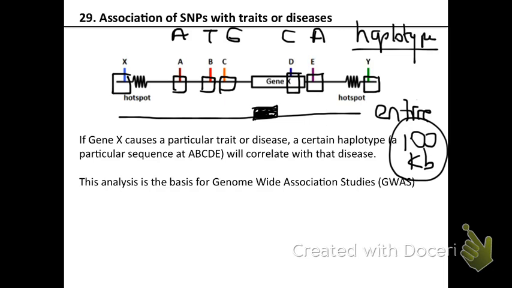What that means is that if I look in this population and sequence these 5 sites, frequently, if I see an A at this site, I will frequently see a T at the second site. Okay? I'm not going to see a G or a C, etc. And if I have, for example, a C at this site, let's say A, C, T, C is another haplotype. Okay? So if I have a C at this site, the frequency of me seeing an A at this site